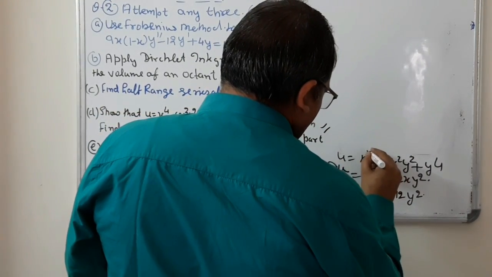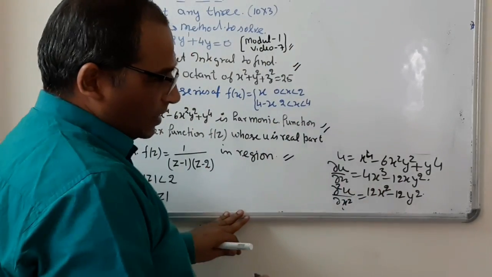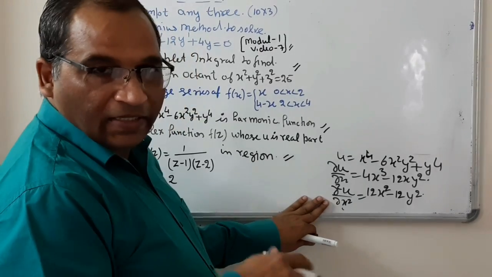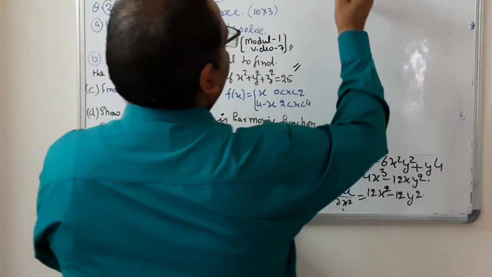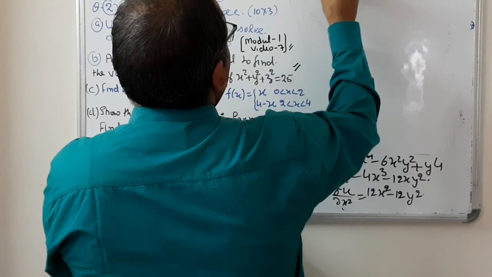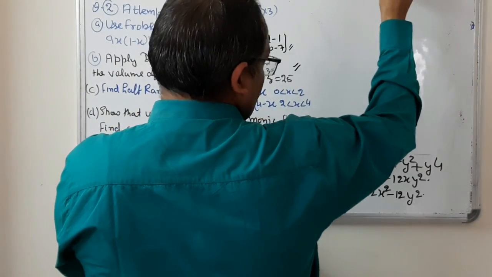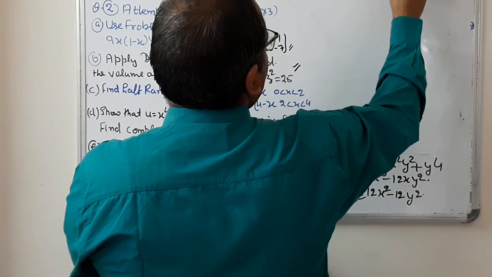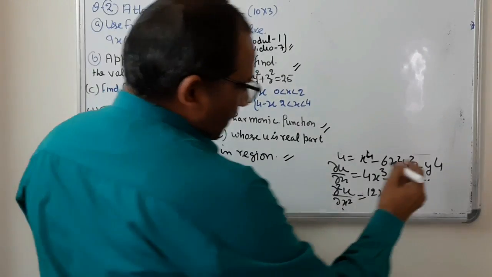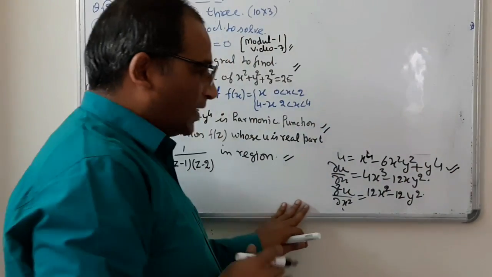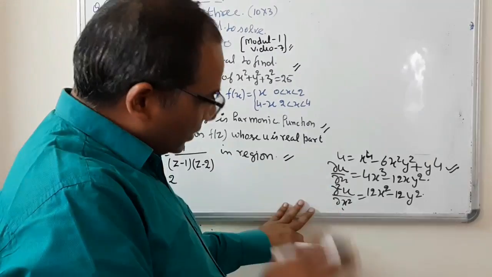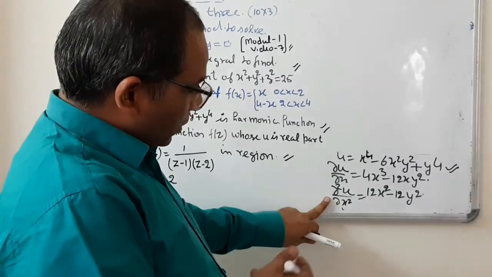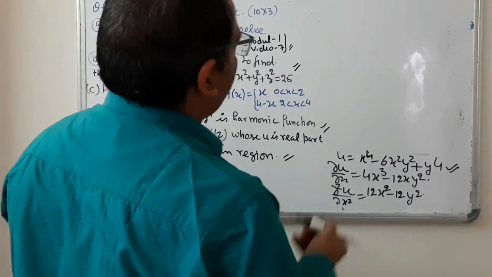You can see in this given function, if we just interchange x and y, the function will be same. So directly we can write the second derivative by replacing x as y and y as x. So we can write del square u upon del y square is equal to 12 y square minus 12 x square, because in this given function, if we interchange x and y, the function will be same. That's why the derivative also will be found out by this derivative. So you can just replace x and y, we get this one, right?